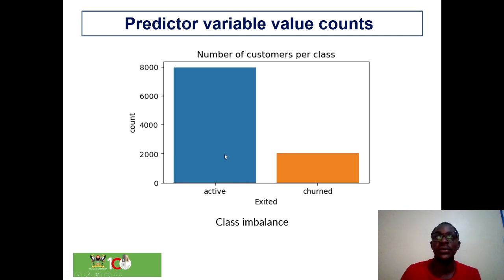So the first thing we did was to do an assessment of our predictor variable, just to get an idea of how many data points